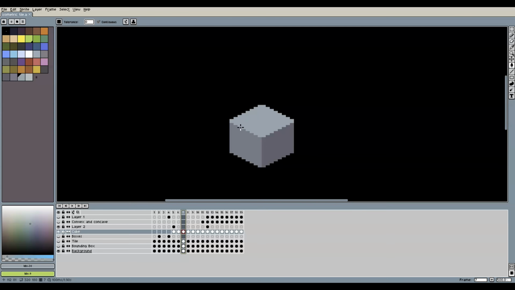Another common technique in isometric pixel art is to highlight all convex edges and darken all concave edges. What? A convex edge is an edge that folds out, so to speak, and a concave edge is an edge that folds in. So if we highlight all the edges that fold out, we get this result, which looks pretty cool. Of course, this is just one way for shading the edges, and you can always experiment with other styles too.